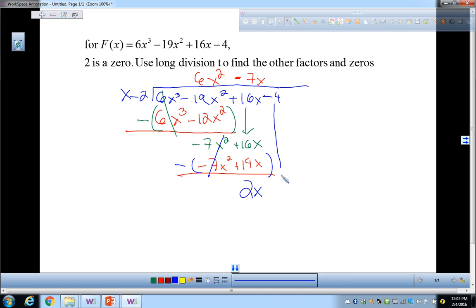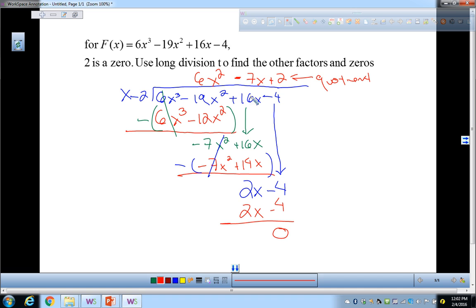Bring down the negative 4. Okay? And then I say, what do I need to multiply x by to make it into 2x? 2. Okay? So then I put a plus 2 up here. And that makes 2x minus 4. And then when I subtract, what do I get? 0. So that means that x minus 2 goes evenly into this thing. And this is called the quotient, right? Quotient. I think dividend, I always get those words confused. Dividend, divisor, I think. But it comes up in the next slide. So, but that's your